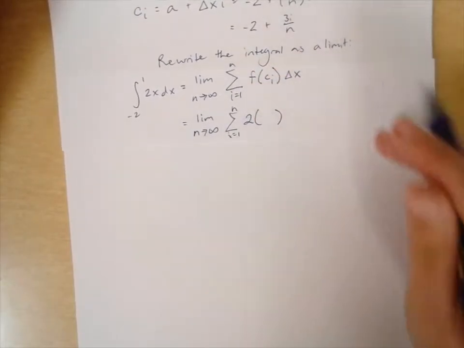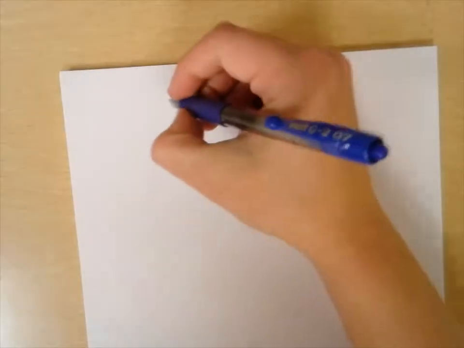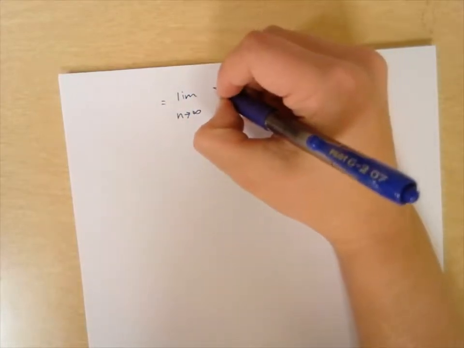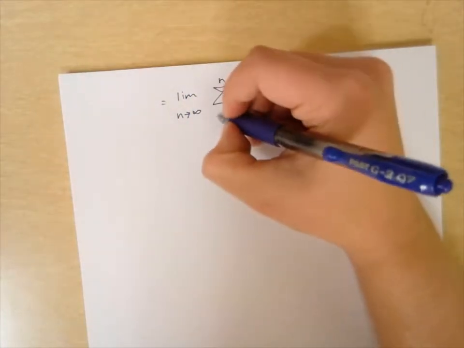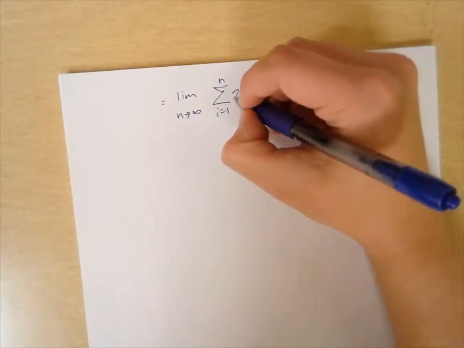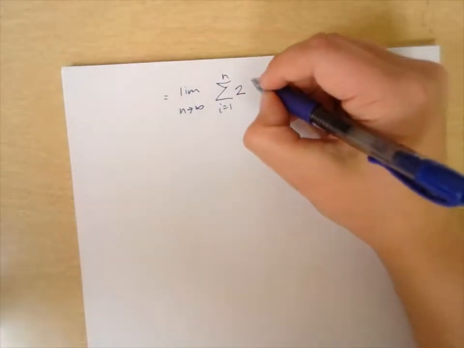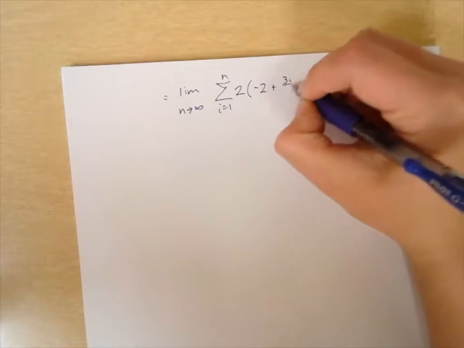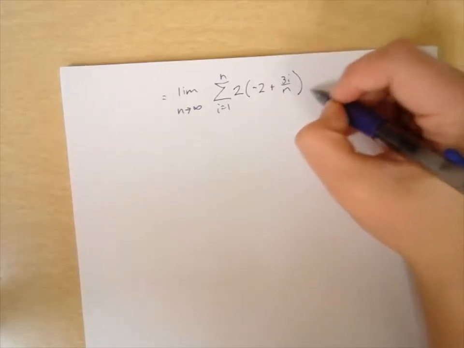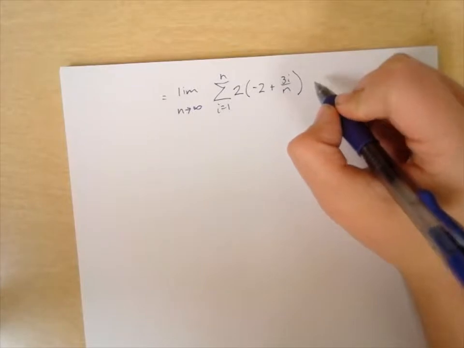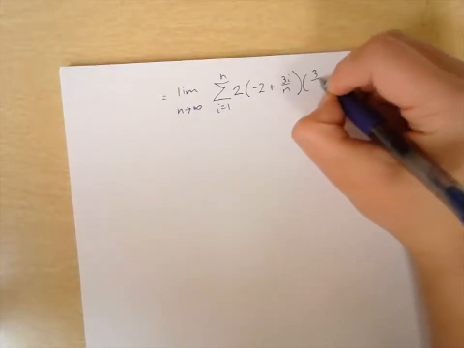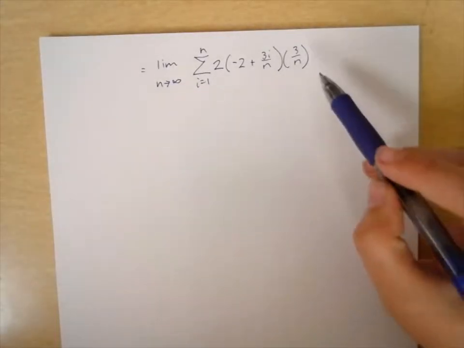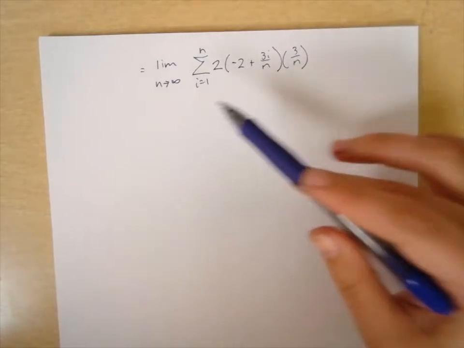So, let me rewrite this bigger. So, that's equal to the limit as n approaches infinity of the summation i equals 1 to n, and remember, f of c sub i is really 2 times c sub i, which is -2 plus 3i over n, times delta x. And delta x, in our case, was 3 over n. Okay, and from this point onward, you guys, it is just a matter of simplifying and using summation properties